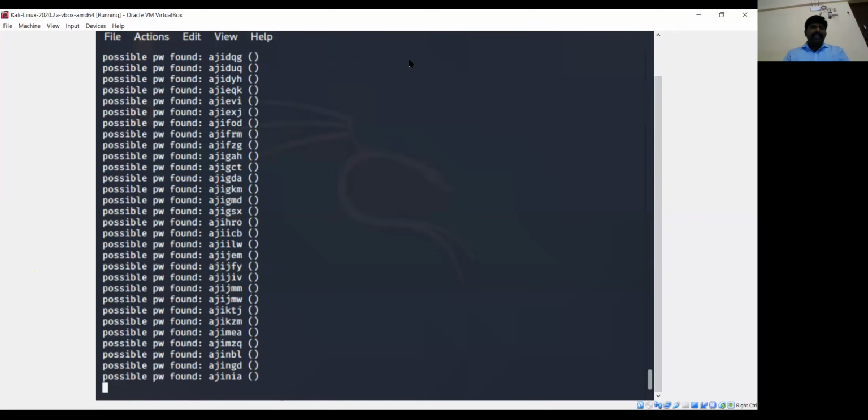Now, what is happening on the screen? Can you all see the things which are happening? It has started with the first letter A, and then it is trying all the smaller letter combinations. Can you see the screen? The brute force is trying to fetch the password with all the characters in smaller case, because I mentioned only smaller case, and it is trying all the possible combinations based on the clue or the command which I mentioned.